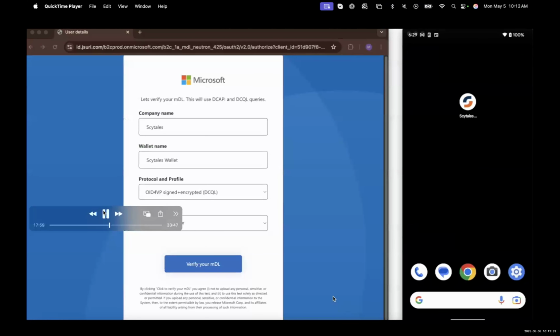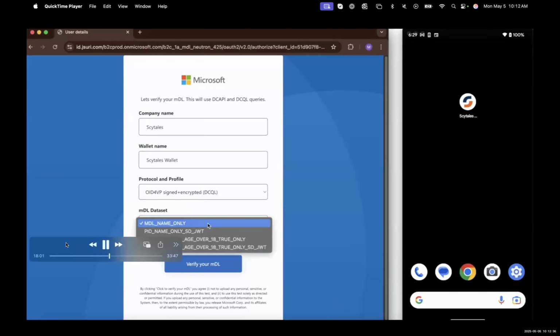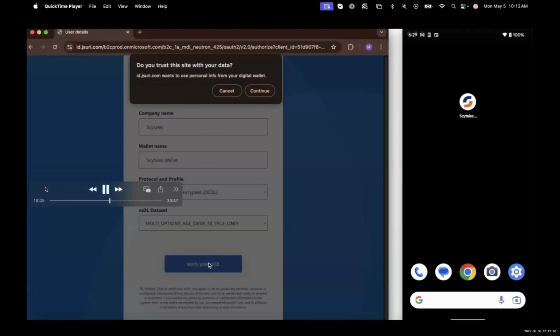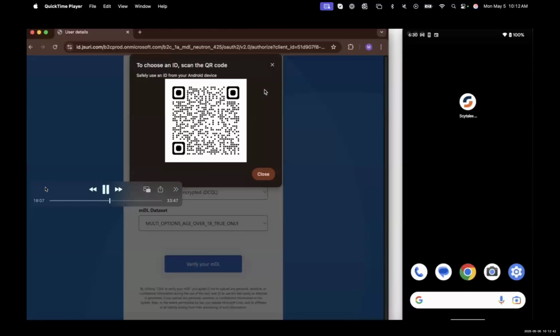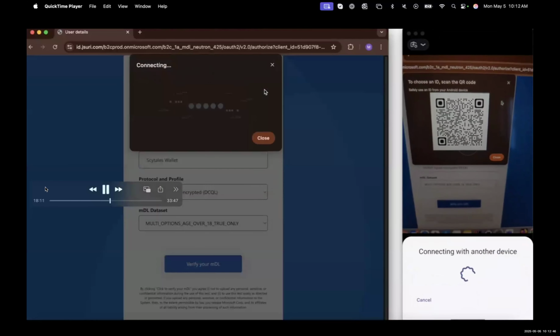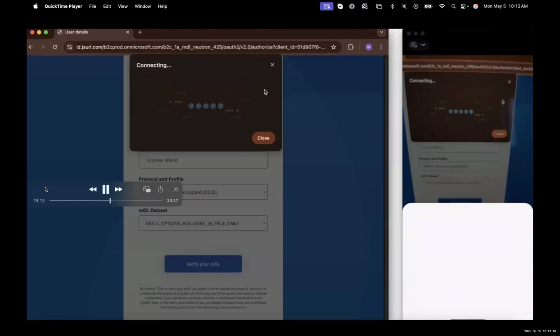And this would be the same. And here, yes, we changed the DCQL query. It requests an MDL or PID or photo ID that has age over 18 value true.